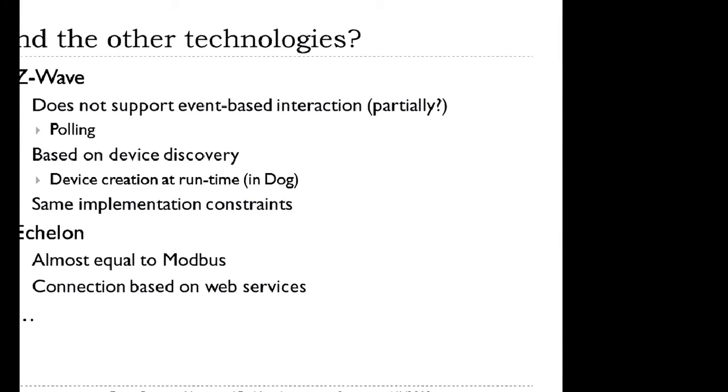It supports device discovery, so it requires some facility for creating new devices in DOG. So the network driver must be able to instantiate new devices, and especially to associate the correct type of the device to the real device description that we get from the network. That in turn is pretty similar to Modbus. So we don't know